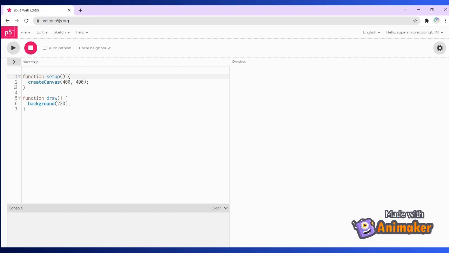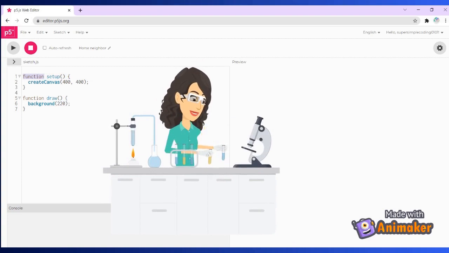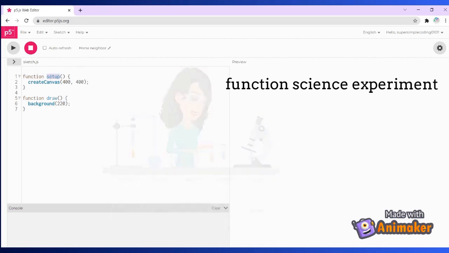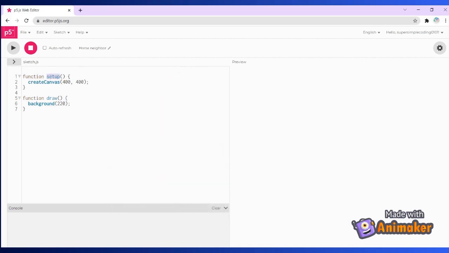Now, as you create a new file in p5.js, it comes with these 4 pre-written lines over here. So the first line says function setup, and then there are 2 small brackets followed by a curly one. The word function means a job, a task. I'm commanding the computer to perform a work, but I have to specify what kind of work as well. So setup is the name of the task that needs to be done. As the name suggests, I am asking the machine to set up the initial things for my drawing.